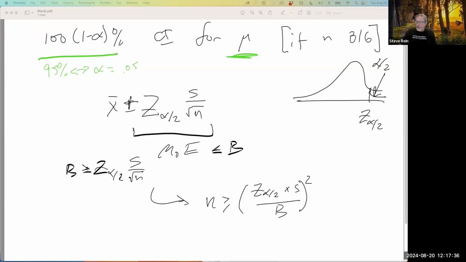Just want to note one thing here. On the right-hand side, you do have a value S. That S is the standard deviation that you're going to get in the sample after you take the sample. And so some of you are correctly noting, hold on, I don't know S that I'm about to get in the future. Well, what we say is we plug in a good guess, or sometimes a wild guess. Essentially, you plug in a value for S that corresponds to the nature of the problem.